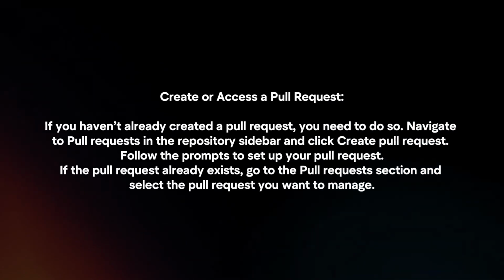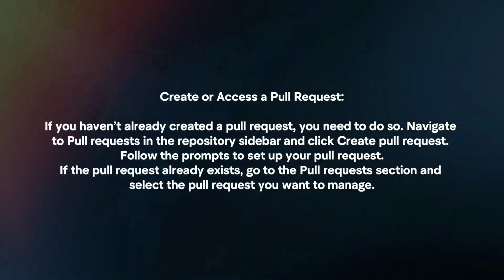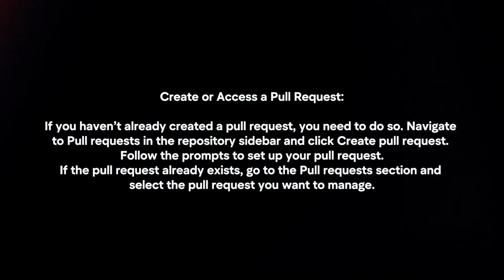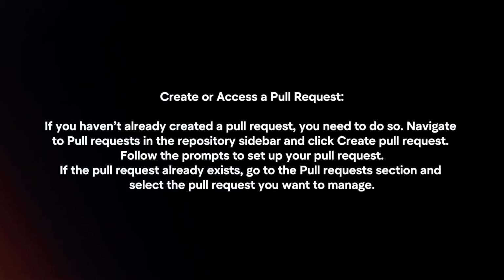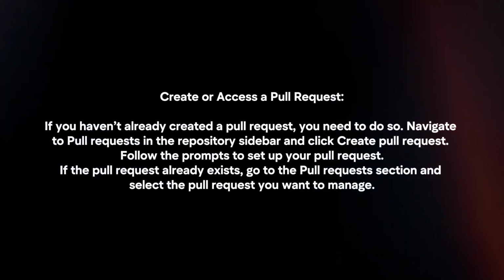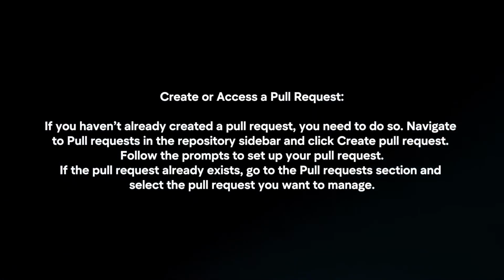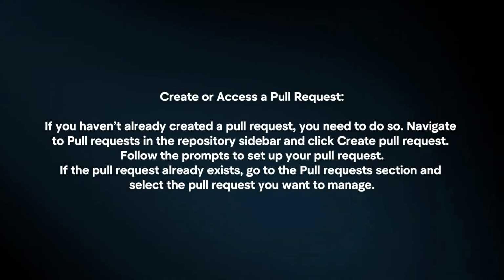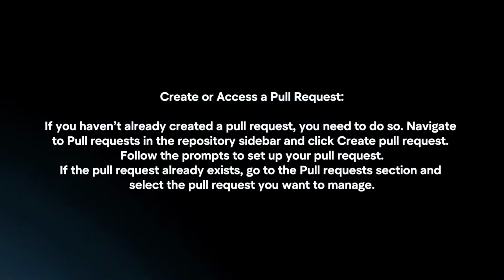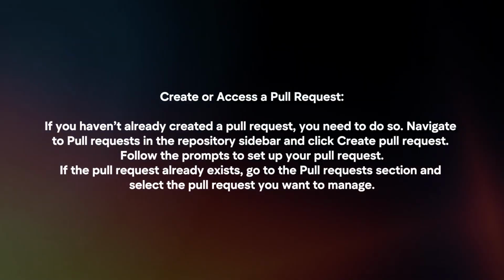Create or access a pull request. If you haven't already created a pull request, you need to do so. Navigate to Pull Request in the repository sidebar and click Create Pull Request. Follow the prompts to set up your pull request. If the pull request already exists, go to the pull request section and select the pull request you want to